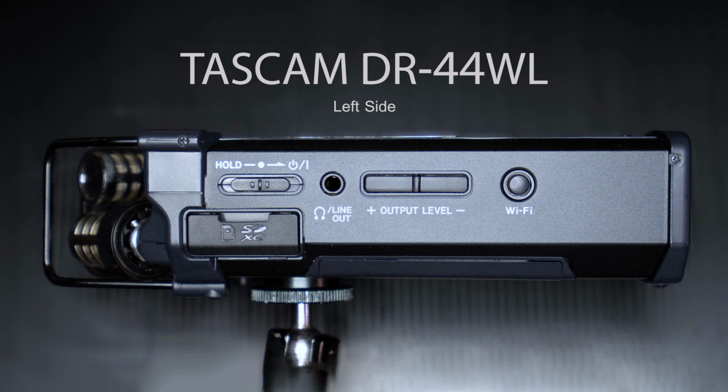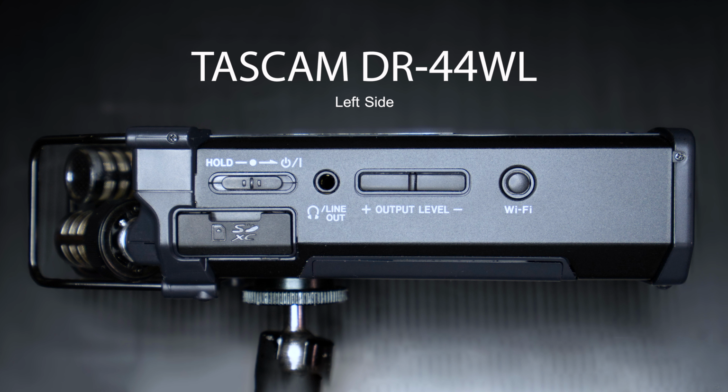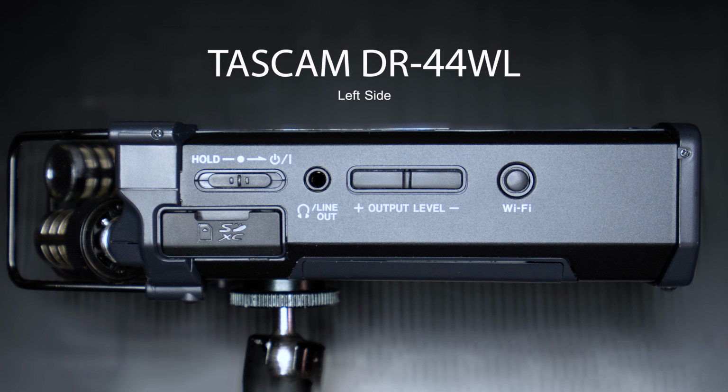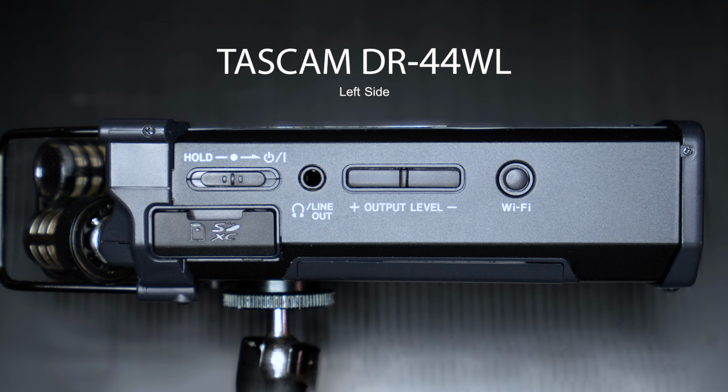So this is giving you a walk around of the unit. On the left side, you have output levels. You obviously have the switch for off and on here. This turns it off and on. The output levels and the output for headphones or a line out. The advantage of the line out is there are so many uses you can have for that. And on the other side, apart from this